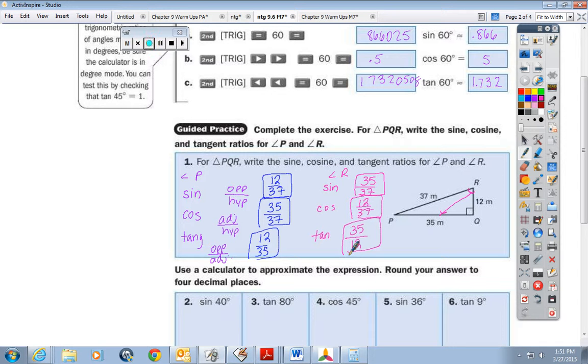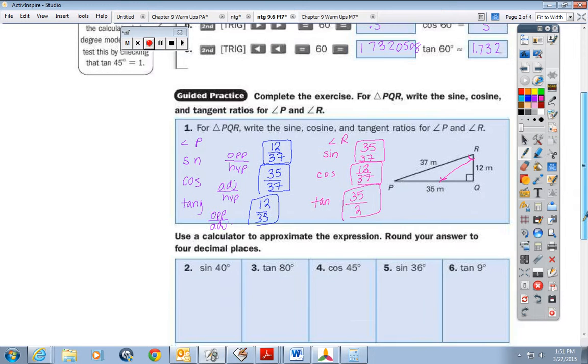Okay? Now the second set of practice problems is your calculator. Okay? So all you would do here is some calculators, like yours, you type in sine first and then